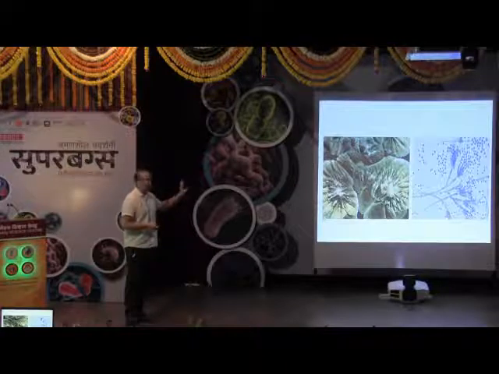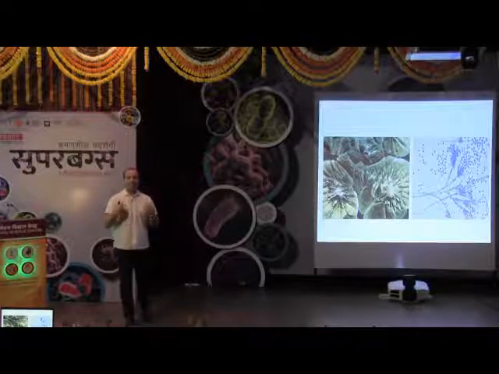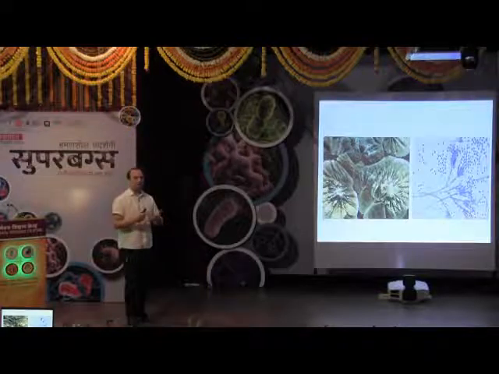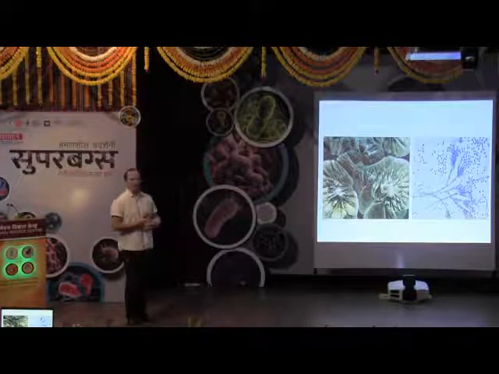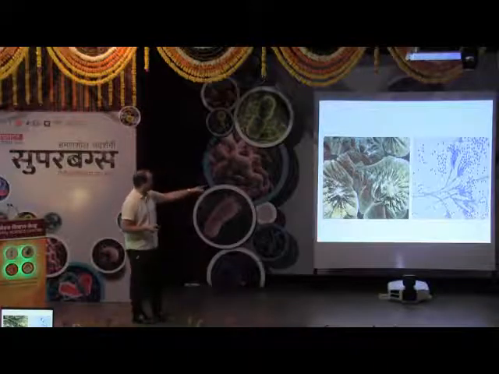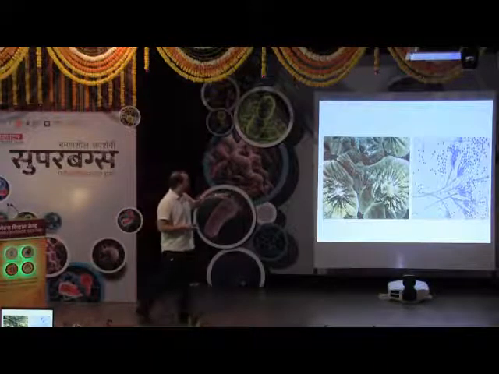But this mold, just like we do, has its own immune system that it uses to fight infection. And it was that immune system that Alexander Fleming observed, saw that it's a chemical, and named it penicillin. Now on the right, you can see what penicillium looks like down a microscope.